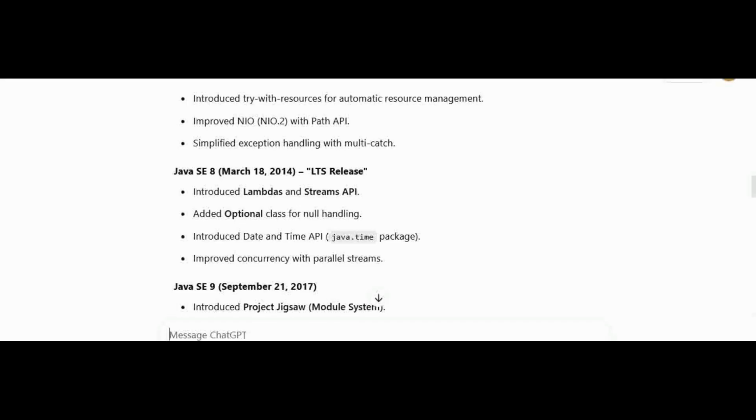It introduced the lambdas and the streams API. It added the Optional class for null handling. It introduced the date and time API, the java.time package. It improved concurrency with parallel streams. The Java Standard Edition 8 added the lambda expression, the stream API, the date and time API, and default methods in